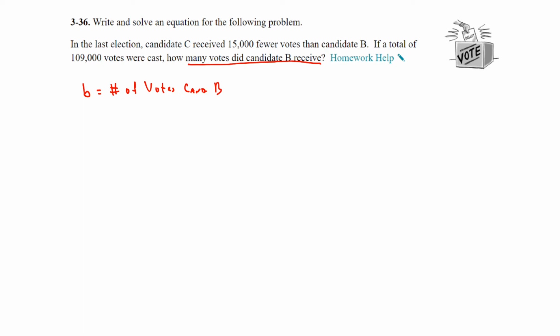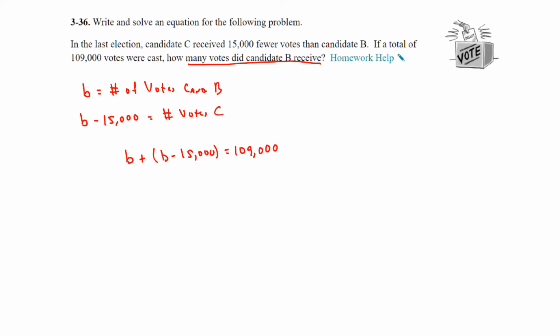Well, they received 15,000 fewer than B. So 15,000 fewer would be the number of votes for candidate C. And if there's a total of 109,000, if we add these two together, B plus B minus 15,000 should equal